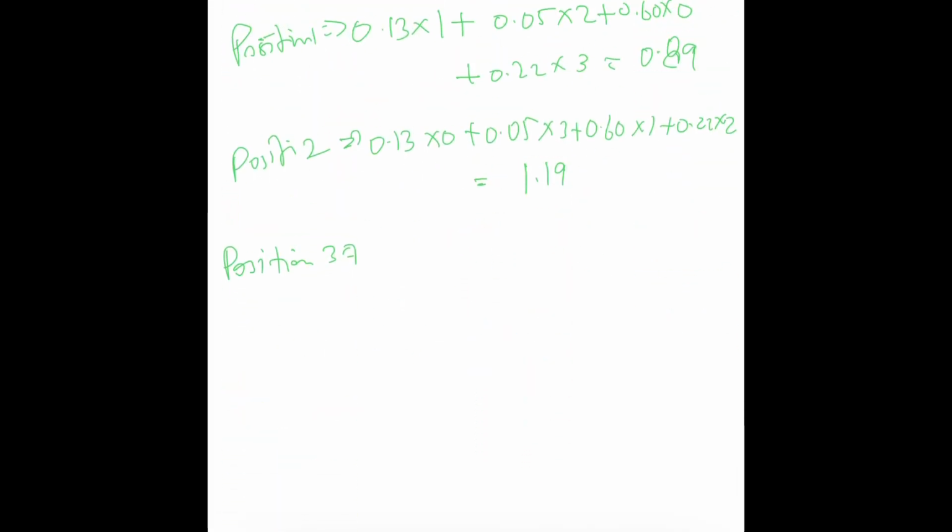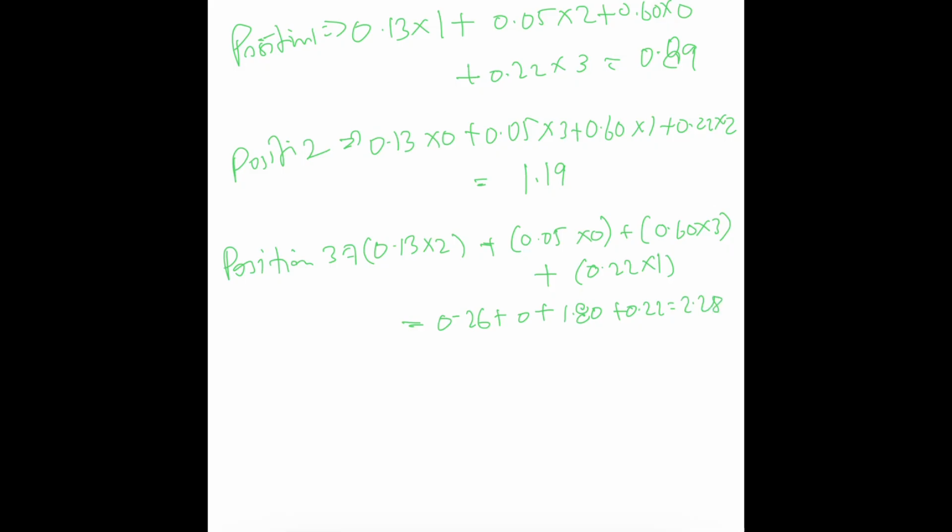Again, the point to remember over here is this is a component wise weight calculation. And so this will come out to be 0.26 plus 1.80 plus 0.28, and then the last position, that is position 4,